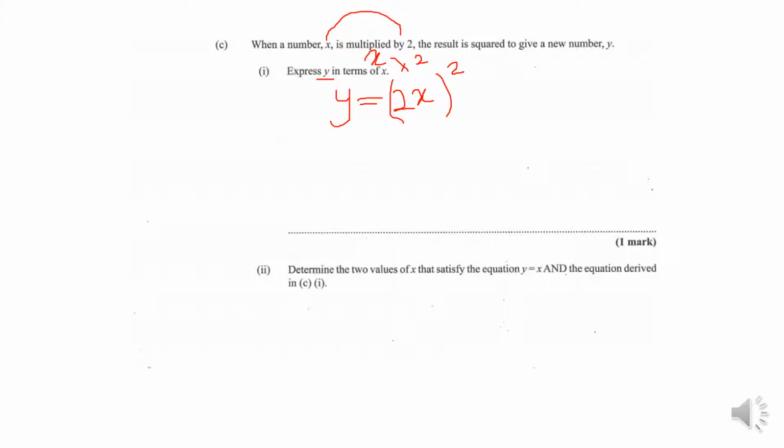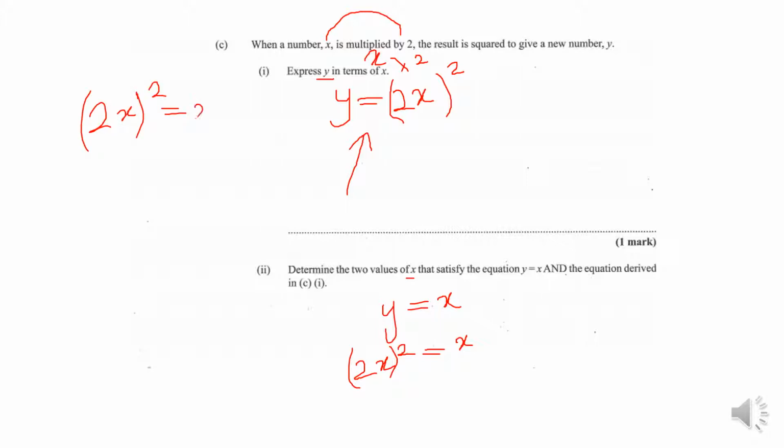Determine the two values of x that satisfy the equation y is equal to x, and the equation arrived in C1. They're telling us here it must satisfy the equation y is equal to x. Question, what is y? They told us that up here y is 2x all squared. Okay, so (2x) squared is equal to x. That's what they're telling us here. Alright, so now we have to determine the two values of x. So I'm going to work it out here for lack of space. We have (2x) squared